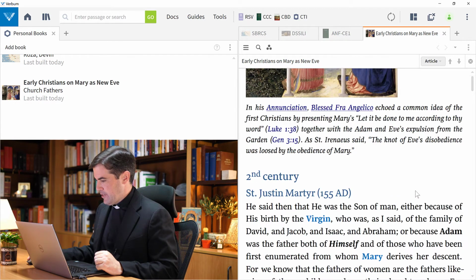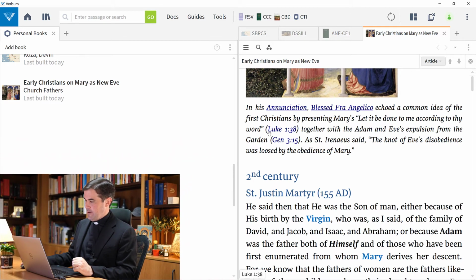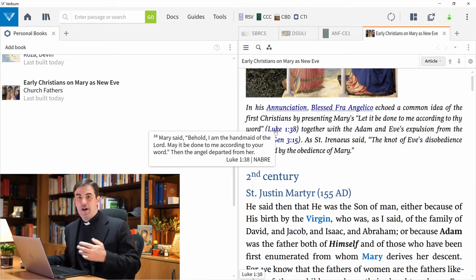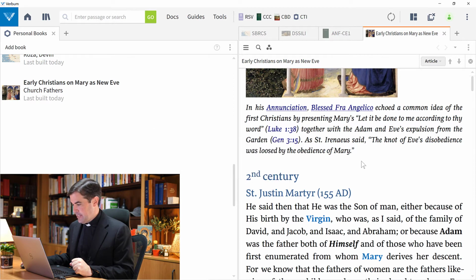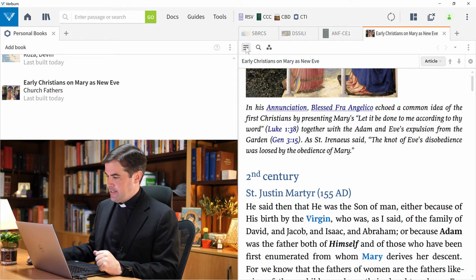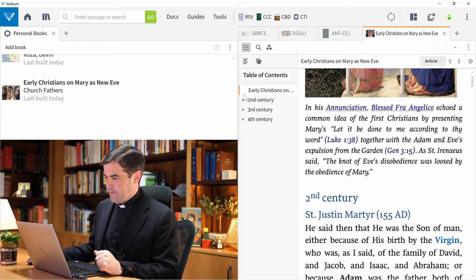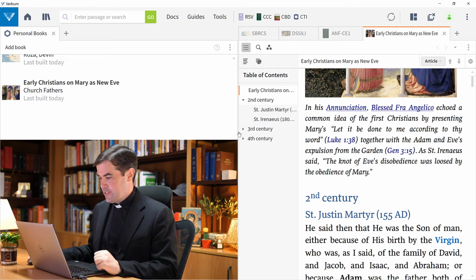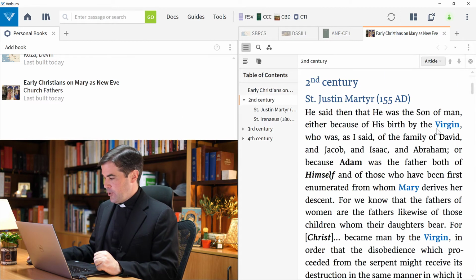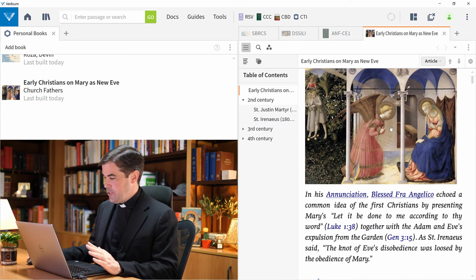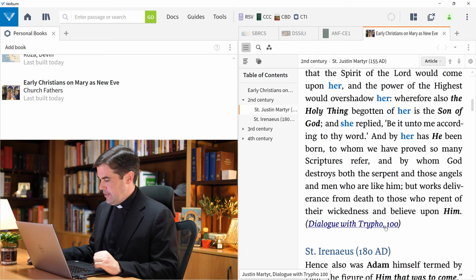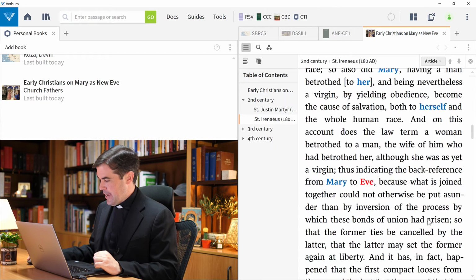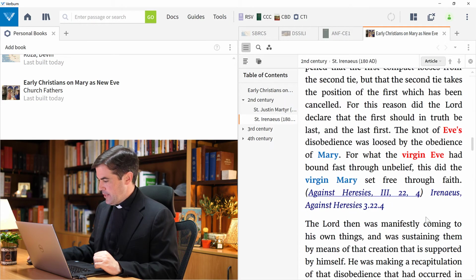And as I scroll down here, you can see that references, for example, here to Luke 1:38 were automatically added as a scriptural reference. Here to Genesis 3:15. And I have my table of contents if I expand the sidebar. With the heading 1 is the first level, heading 2 is the second level, and so on. Down below, the colors have been respected. I've got my image here from Fra Angelico. And I also have all these hyperlinks that I added,